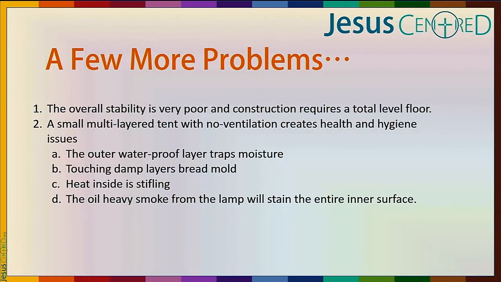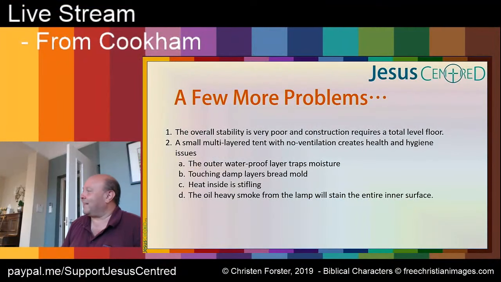Inside, of course, you're inside 5 layers in temperatures of around 40 degrees during summer, and you're burning incense the whole time. So first of all, you're depleting oxygen because there's no ventilation, and the heavy oily smoke from the lamp is going to start staining the inside surfaces. Anyone that's kept normal candles under a lowish ceiling sees that sort of thing happening. And this isn't little candles, this is a great big heavy oil burning lamp.